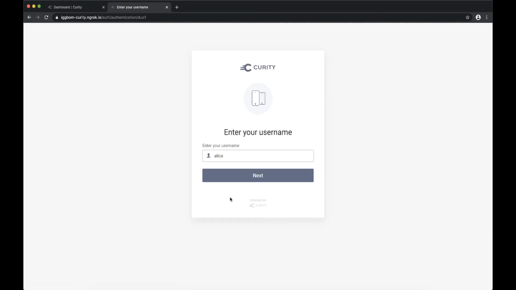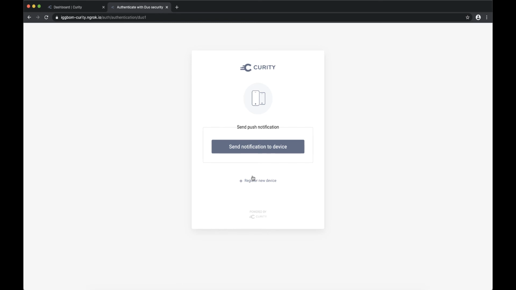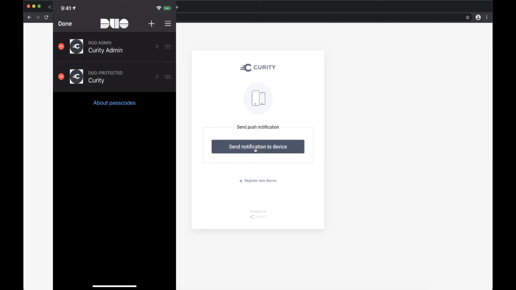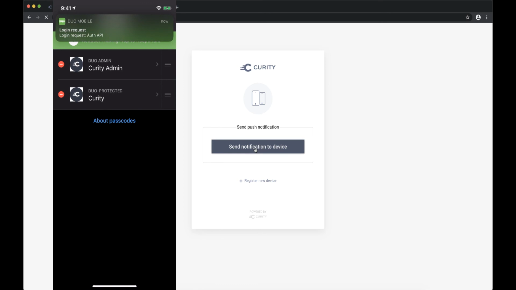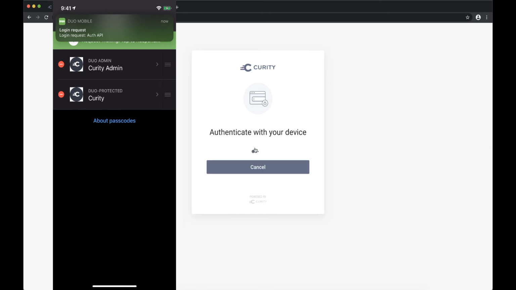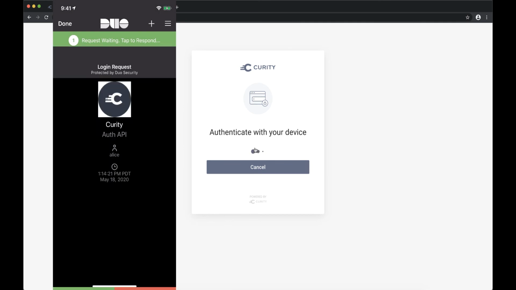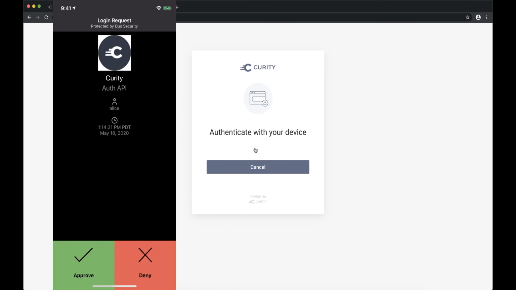I get an authentication. So I have a user, Alice. The next is I get a pop-up here, send push notification to my device. So as soon as I click send notification to device here, we can see in the smaller screen here of my iPhone that I get a login request. Get a pop-up notification there. I can then click here and then we can approve or deny this authentication. So we'll click approve,